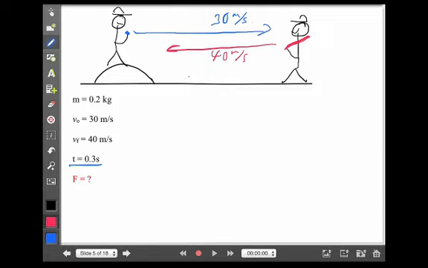Okay? Well, of course, we need that acceleration. All right, well, we have initial velocity, final velocity, time. Should be easy enough, right? Our first equation in motion, Vf equals Vo plus At. Oh, be careful now. You see, the ball was pitched in at 30, and if we call that positive, that means that 40 must be negative. Watch your vectors. Always watch your vectors. So the final velocity is not 40, it's negative 40.